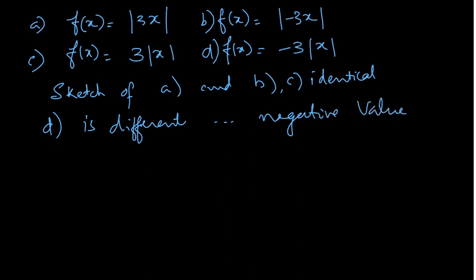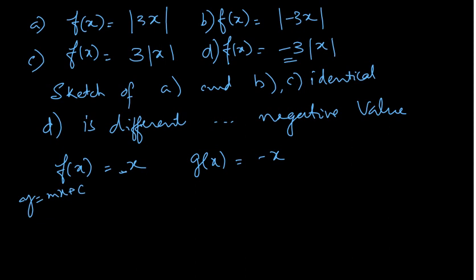Yeah, outside you are multiplying it, because this is outside the mod. So what does it mean? It's very simple. If I have f of x equal to x and another one g of x equal to negative x, then in the y equals mx plus c form, here you have plus 1 as a coefficient. That means this is a positive gradient or positive slope. This is a negative gradient. So if I draw the graph, you will have